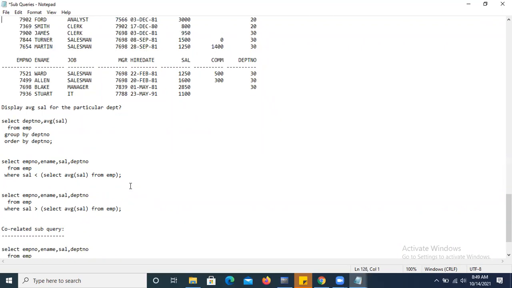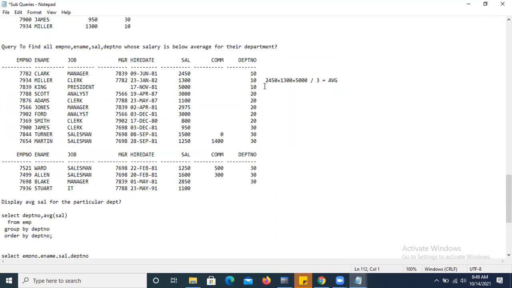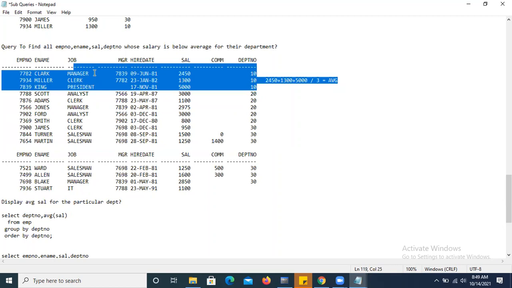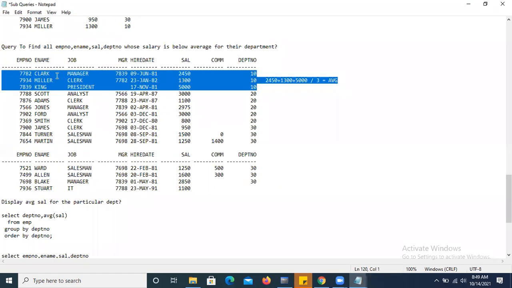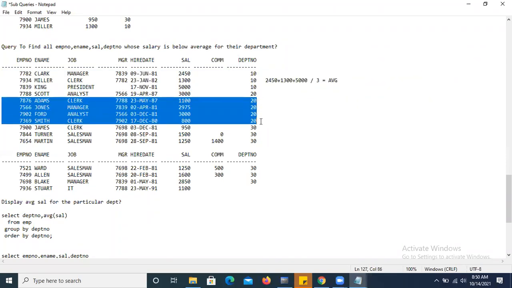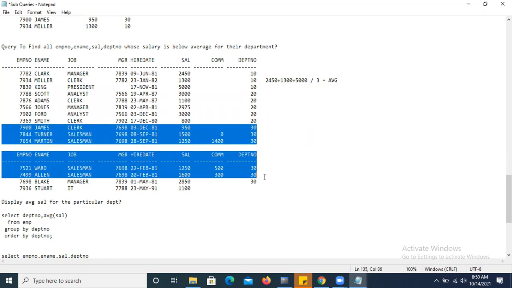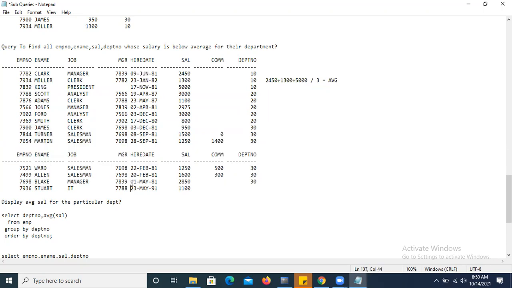For example, this is the employee table. This is the 10th department. So for the 10th department, what is the average salary? I want to see the below average salary. For the 20th department, what is the salary? I want to see the 20th department below average salary. 30th department below average salary. So department wise, I want to see. So in that scenario,